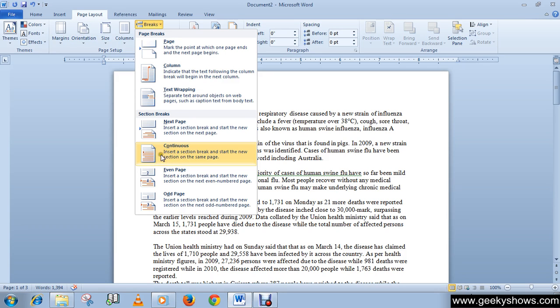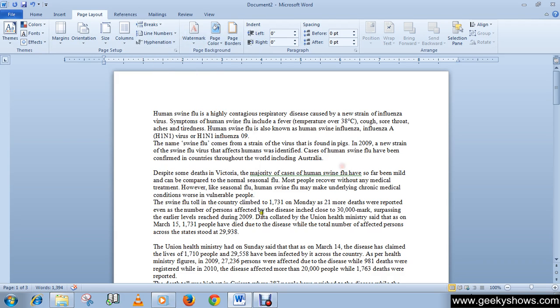It means that by using a continuous section we can work on the same page, but it creates a different section in the same page. Let's see an example. It will be more clear if I show you an example. Don't worry about that.